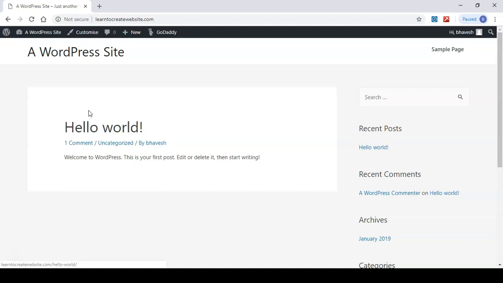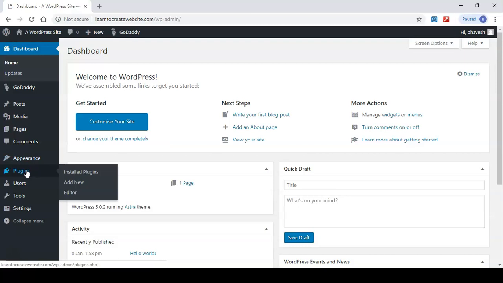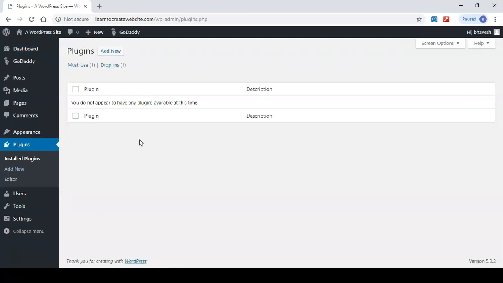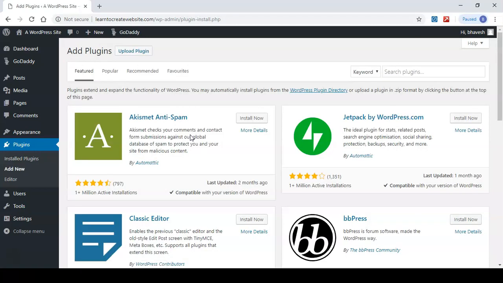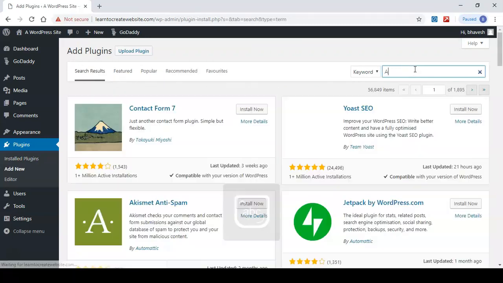So to install that plugin, let's go to Dashboard. Click on Plugins. Then click Add New. Now search for a plugin called Astra.